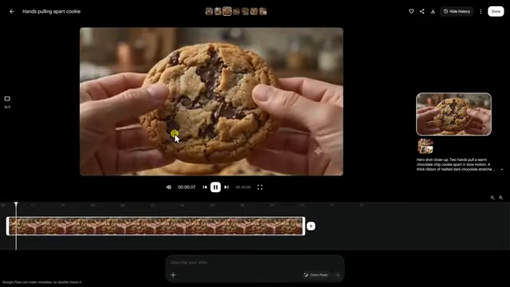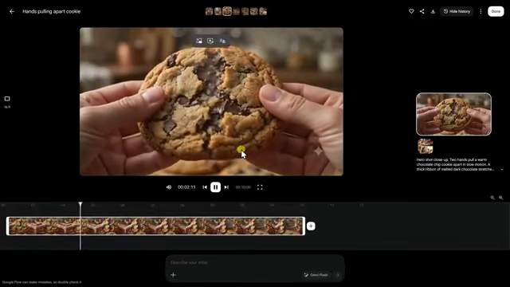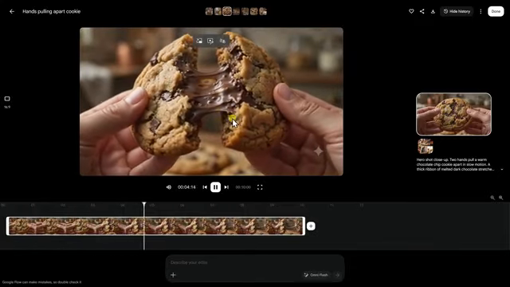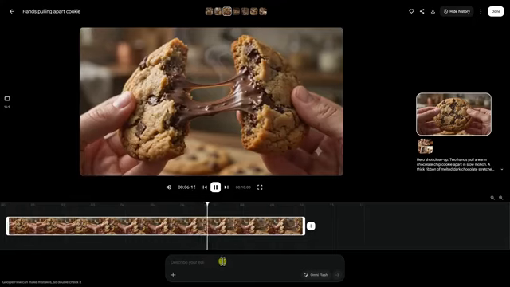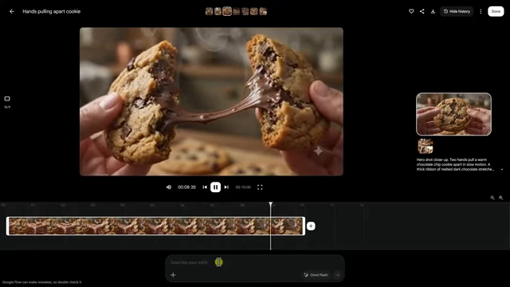Now, I could click into any clip, and there we could hear the sound. And if you'd like to make any changes or refinements, right here at the bottom, you have the prompt box where you could type in the changes. Google Flow has generated all of our clips, but they're all just individual shots. The next step is to combine them all into one scene so we could review the commercial from beginning to